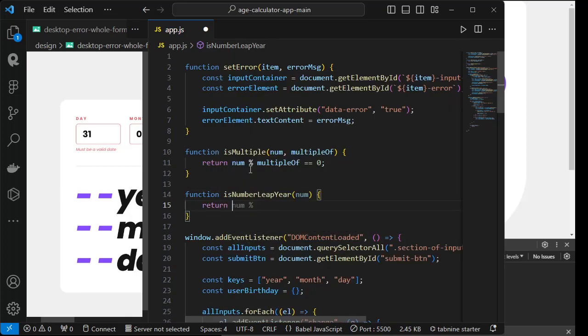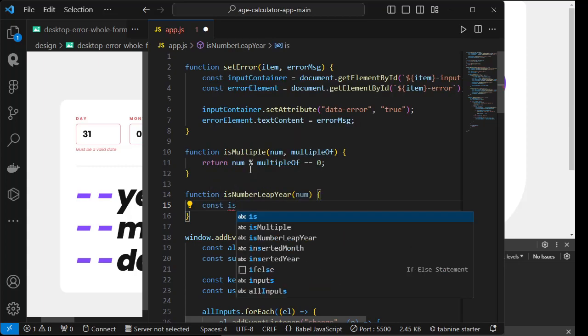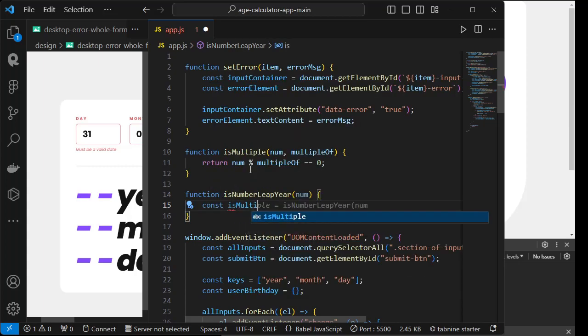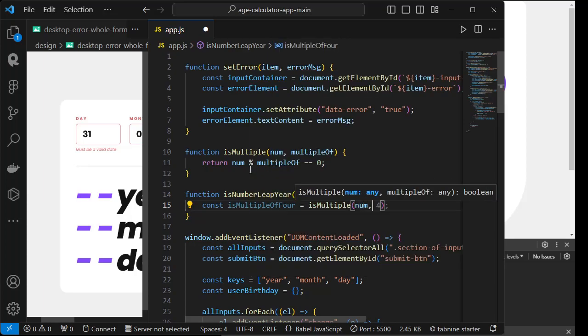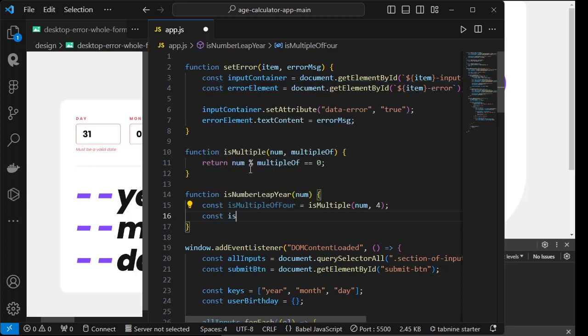So return is multiple num. First we can say that const is multiple of 4 equals to is multiple num 4, and const is multiple of 100. You can say is multiple num 100. Okay,